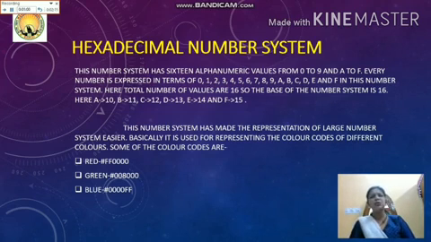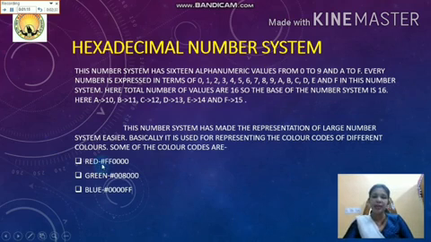Basically this number system is used to show color codes. You will read about it in higher classes. The color names red, green, blue are not used by their names; we use a color code for them. Like red is represented by hashtag, FF, then four 0s. Why are 6 digits used here? Because every color is a combination of 3 colors, RGB: red, green and blue. Here I have shown the values of red, green and blue.